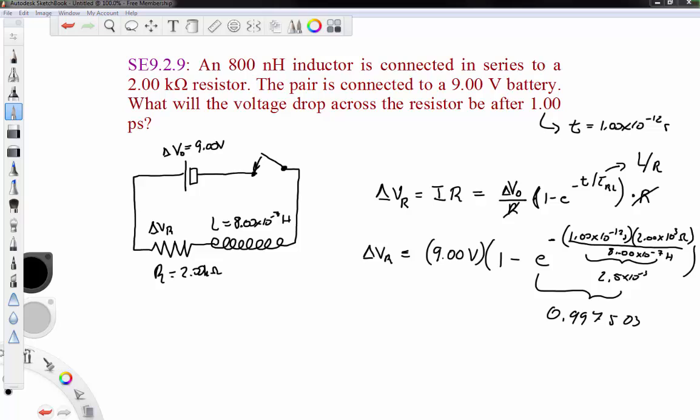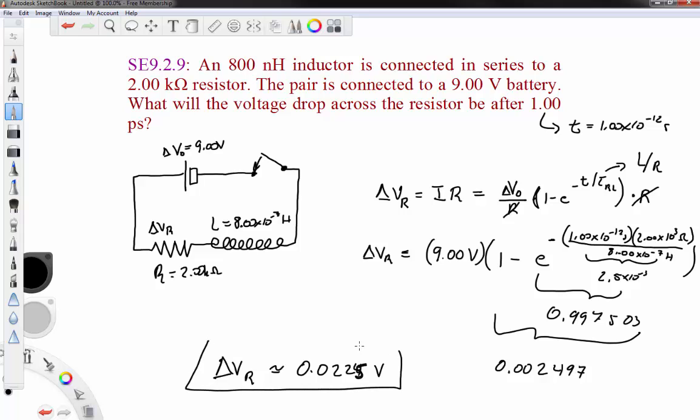If you subtract that from 1, you get 0.0024968 or whatever, and that is being multiplied by the 9 volts. So if you multiply that by your 9 volts, the voltage drop at this time is approximately 0.02247, so 0.225 volts. So that's what our voltage drop is going to be